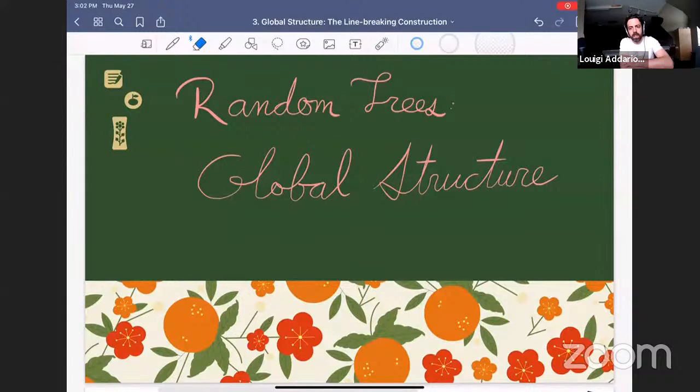We'll more or less pick up where we left off on Wednesday, continuing to talk about random trees and using uniform random trees as our template or test case for more general models of random trees. So that means we've been studying